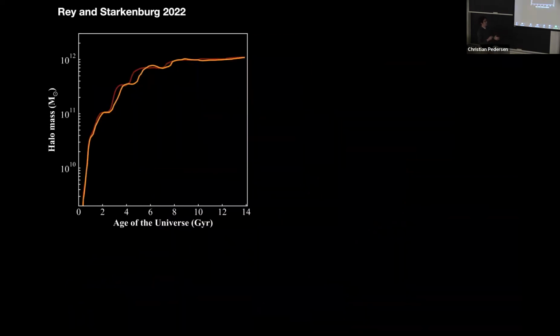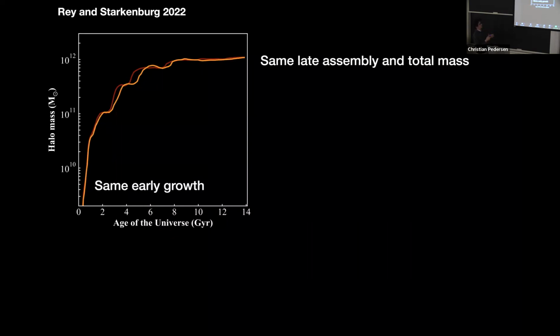But yeah, so to put this in a more quantitative way, this is the halo mass growth of the 2 objects we were looking at as a function of time. And what's really important here is that this is a very controlled setup where these 2 objects have the same early growth, they have the same late growth, and they assemble to the same total mass. They have very similar large-scale cosmological environment, but they have this change in how quickly the mergers happen at redshift